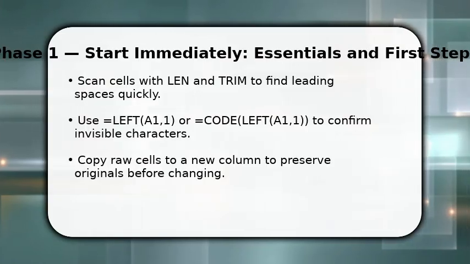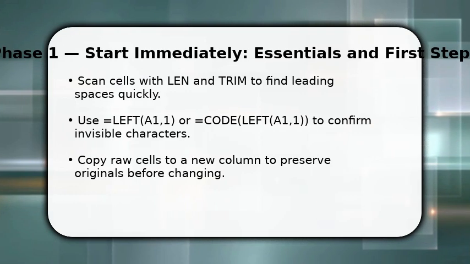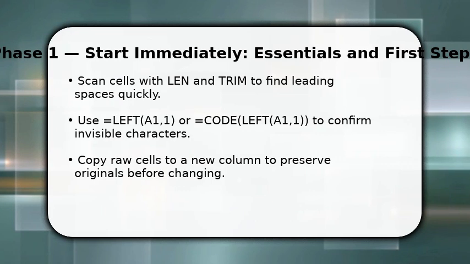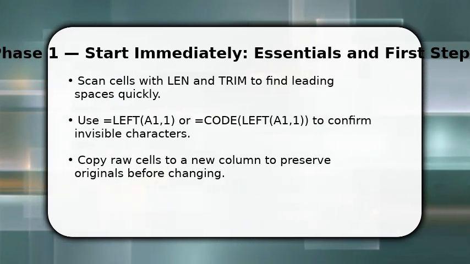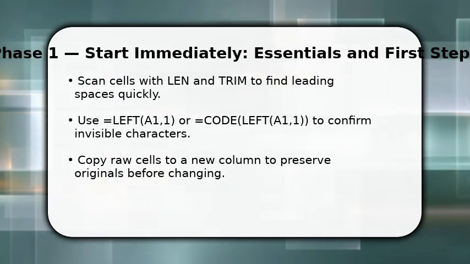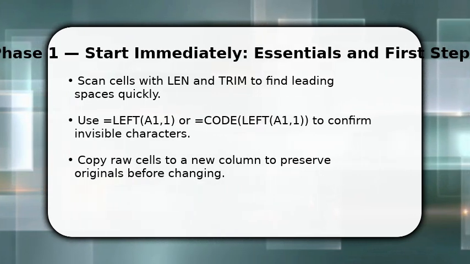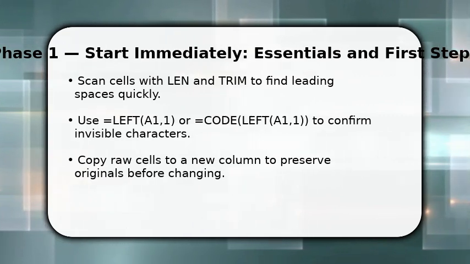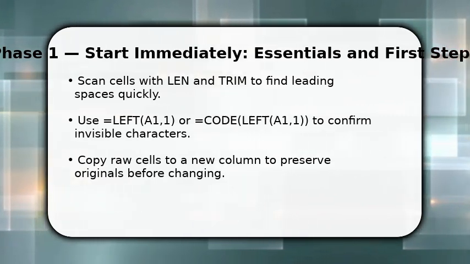You start by identifying the problem. Use LEN and TRIM to compare lengths, because a shorter TRIM result means extra spaces. Once done, check the first character with LEFT or CODE to rule out non-breaking spaces or tabs. Those need different handling. Make sure to copy original cells into a backup column so you can revert if something